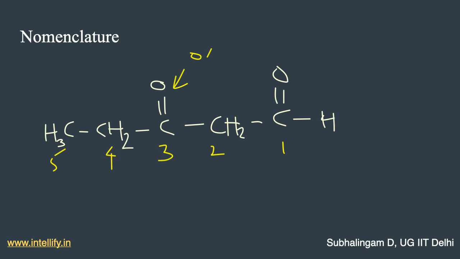And the ketone is a substituent here, and we use the prefix oxo, O-X-O. So we have the name 3-oxo pentanal. Pentane is the aliphatic chain. We have CHO attached to it, so it's pentanal, and we have a ketone group at the third carbon, so we use the prefix oxo. So 3-oxo pentanal.